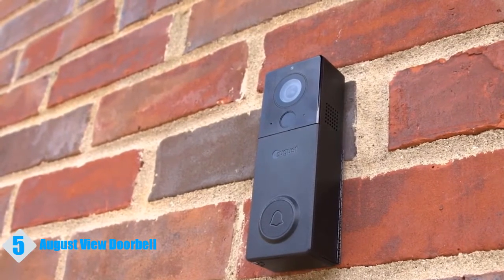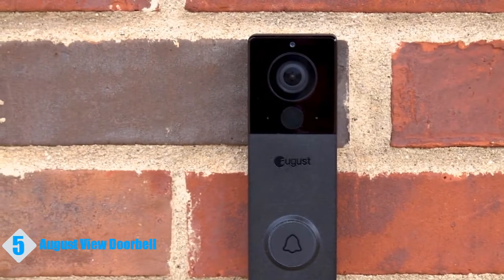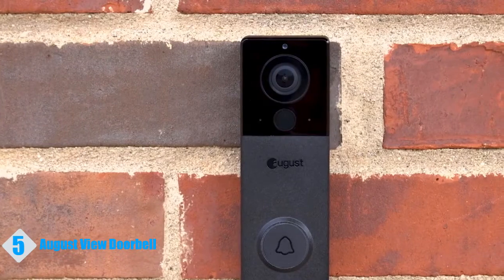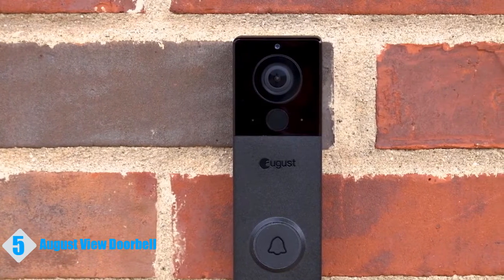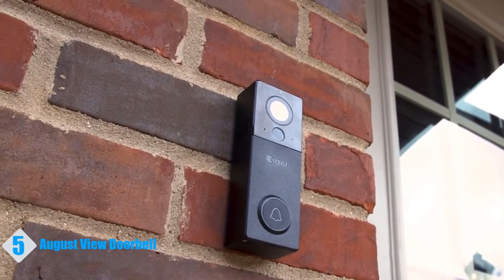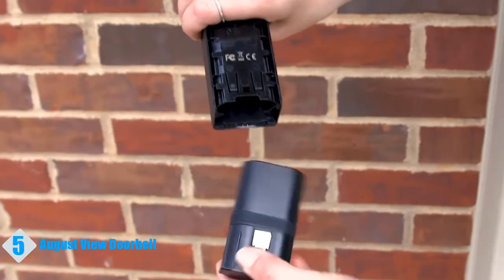The $230 View doorbell camera is quite a bit different than August's previous buzzers. The first thing you'll notice is its design. Yeah, it looks nice in general, but the main departure from past August doorbells is its rectangular rather than square shape. This update is critical because it makes the View a lot slimmer and much easier to fit on a